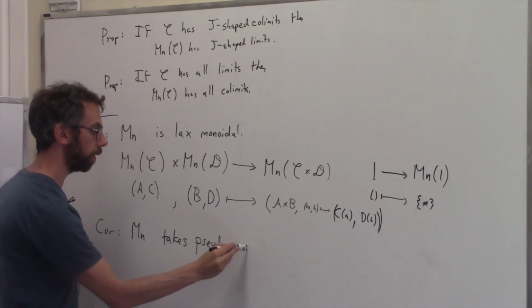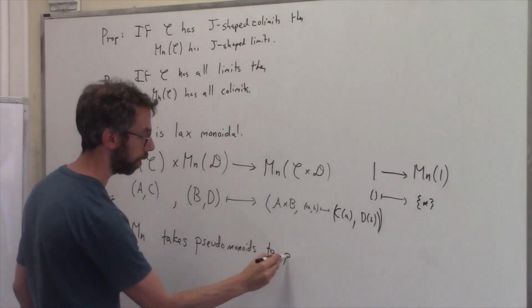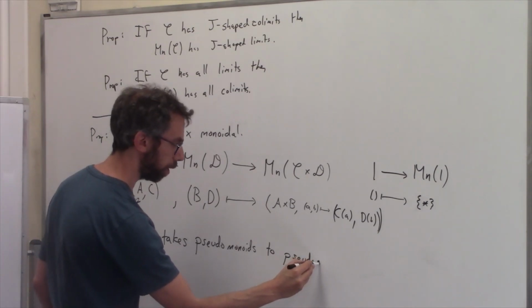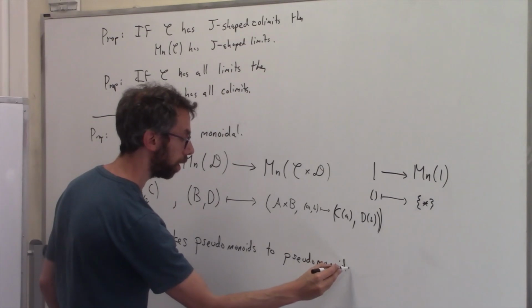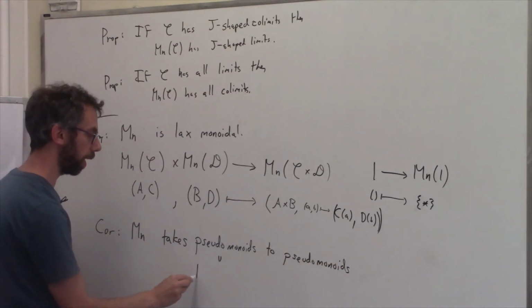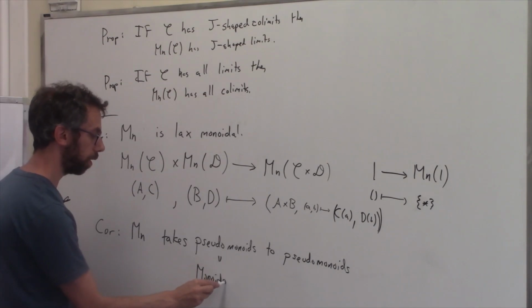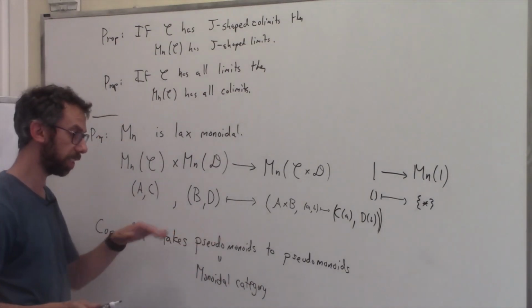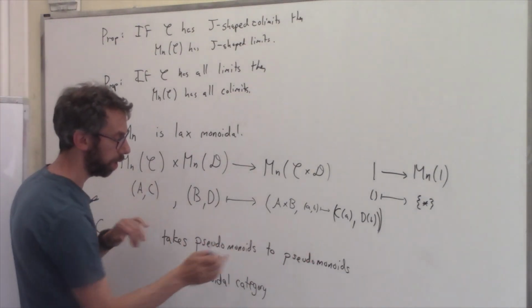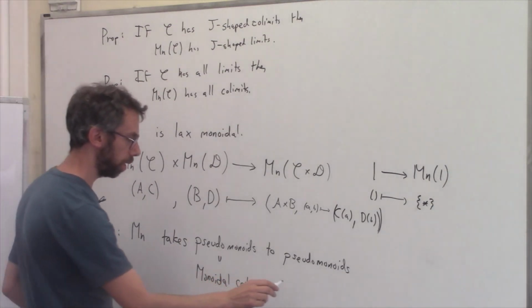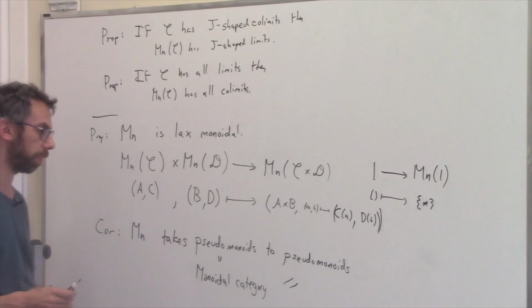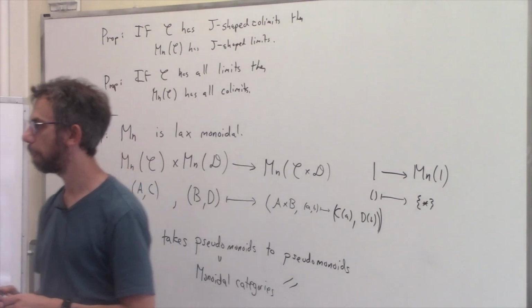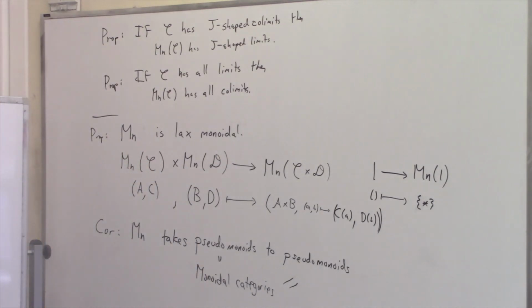but what are pseudomonoids in cat? They're almost monoids. It's just that something's an isomorphism when it would otherwise be an equality. A pseudomonoid in cat is a monoidal category. It would be called a strict monoidal category if this just said monoids. It does take strict monoidal categories to strict monoidal categories, but it also takes all of your favorite monoidal categories to monoidal categories. What that means is that if C has any sort of monoidal structure, then so does menu of C.